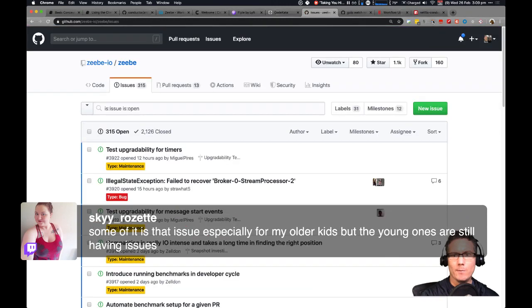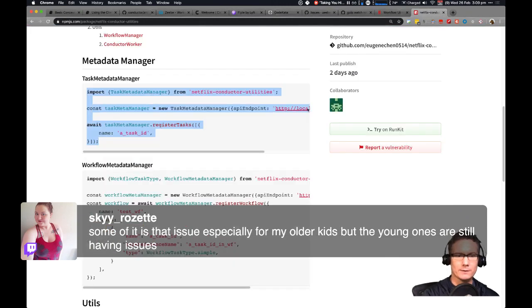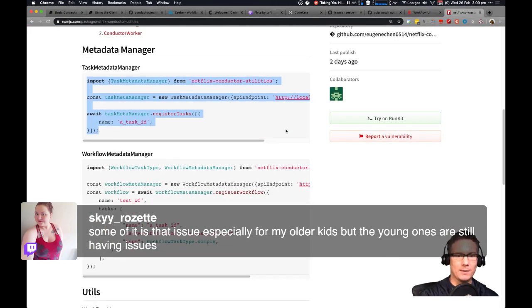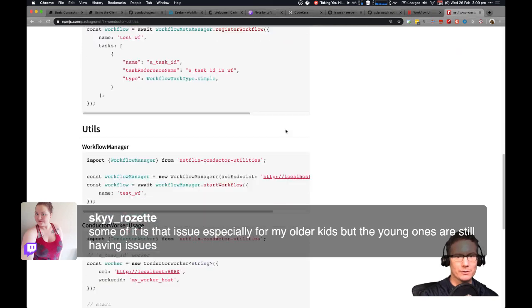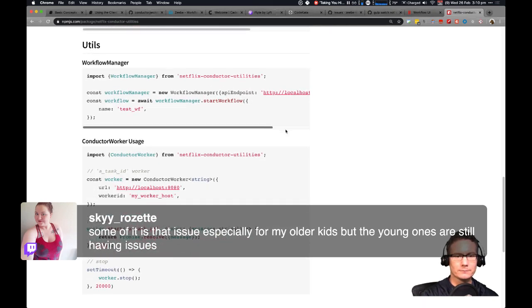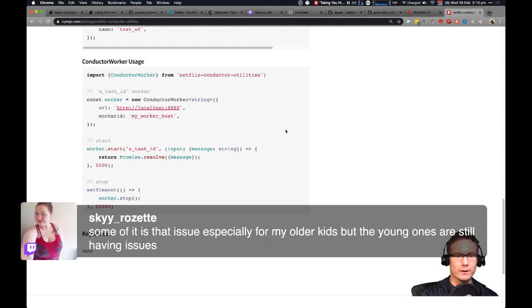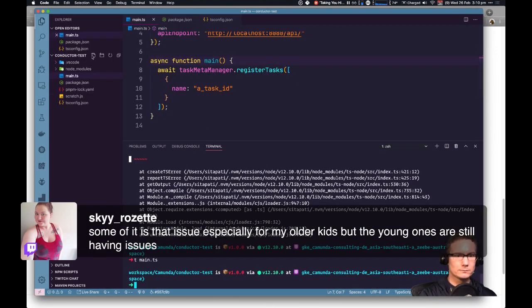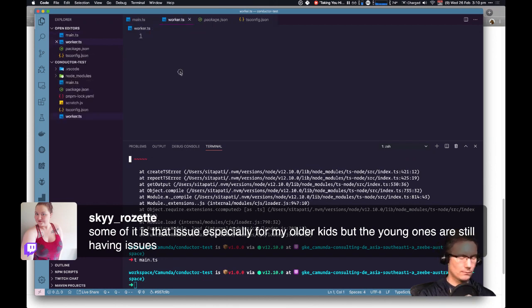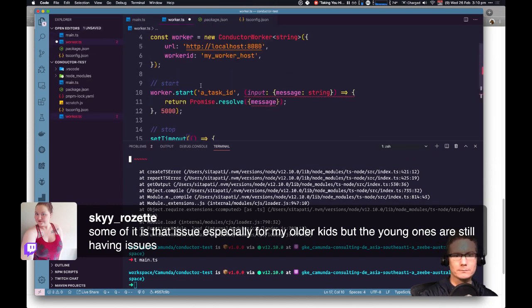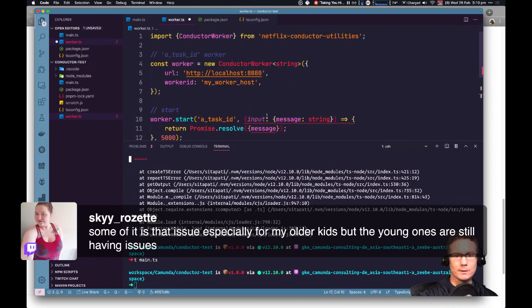Don't need that anymore. Netflix Conductor. Task metadata manager. Workflow metadata manager. Workflow manager. And a worker. Okay, cool. So let's create a worker. What's up with this? Declared but never read.